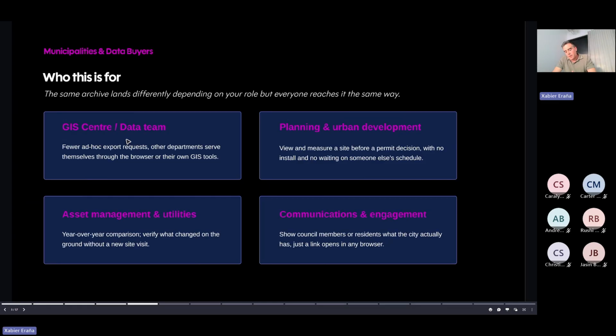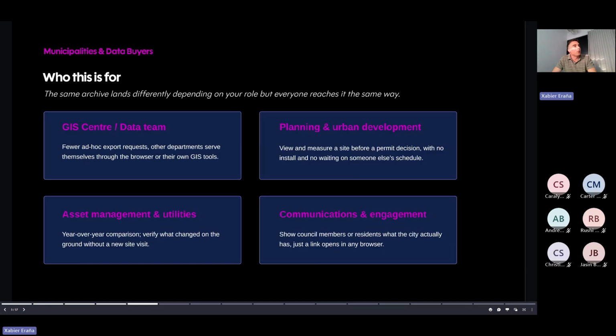But the question is, who is this for? The same archive lands differently depending on each role, even though it reaches everyone the same way. If you are a GIS center or a data team, having LumiDB would mean that your team would get fewer requests, in other words, more time to spend on other important tasks.